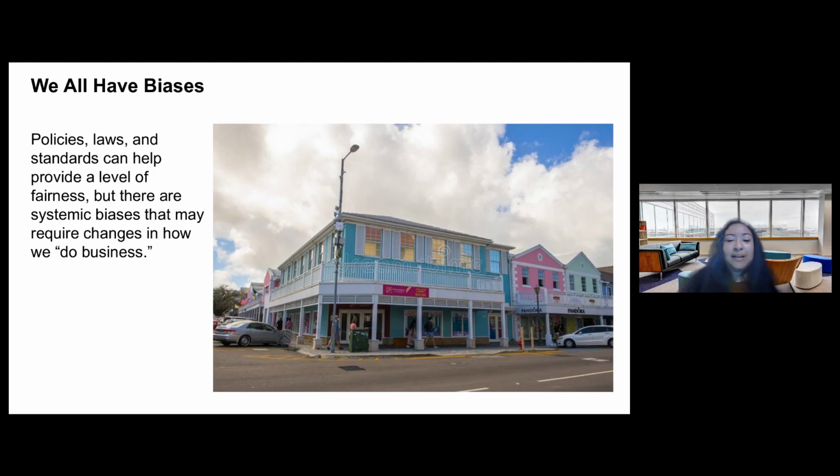So first, I want to talk about how we all have biases, right? We all have assumptions that come from who we are as people, where we grew up, our culture. I, as a cisgender woman of color, have biases from my experiences, right? And they aren't necessarily wrong or right, but we need to be aware of them, and they can make us uncomfortable when we have to change our biases.